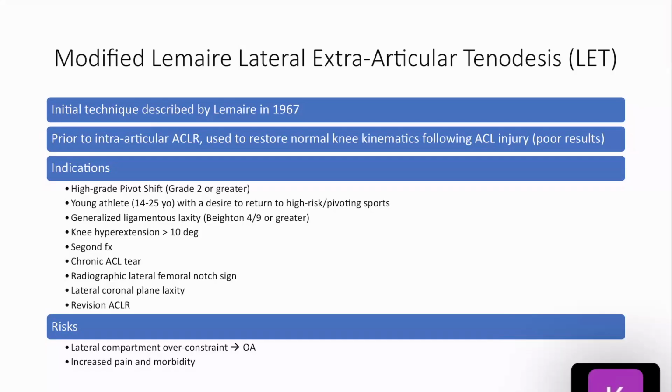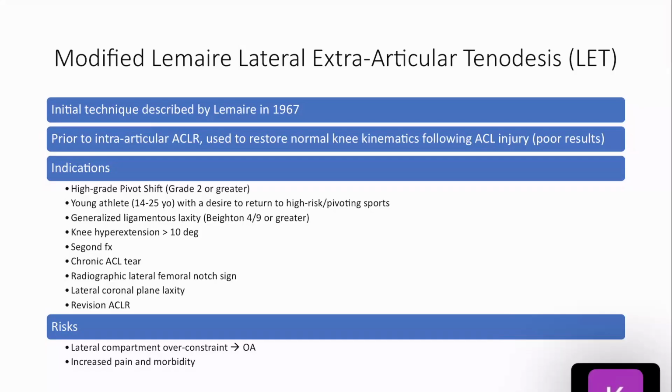Patients who may have some generalized ligamentous laxity, so a Beighton score that's elevated. I've seen papers describe anywhere from a high Beighton score to them being 4 or greater. I've seen some say 6 or greater. Knee hyperextension greater than 10 degrees. Patients having a Segond fracture seen on X-ray. A chronic ACL tear. Radiographic lateral femoral notch sign, lateral coronal plane laxity,